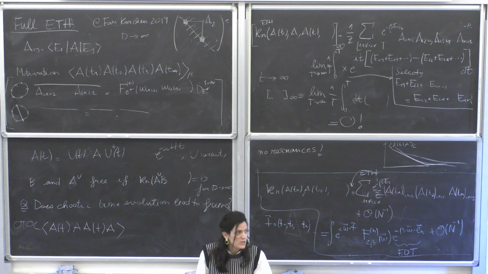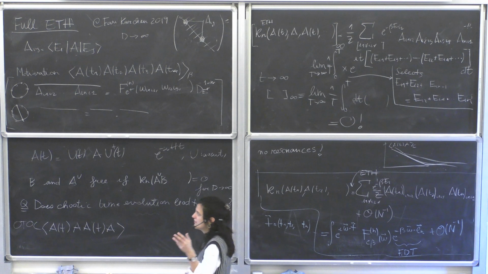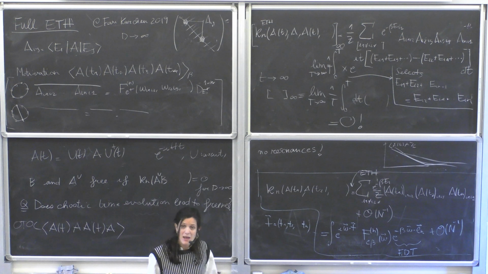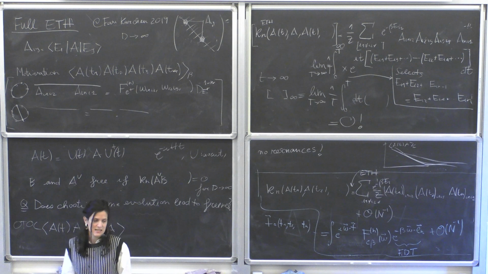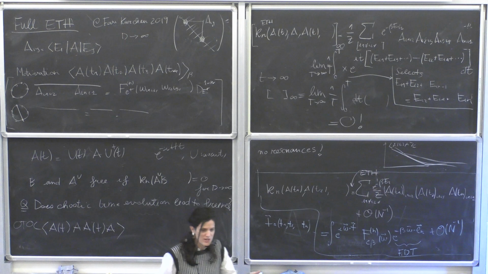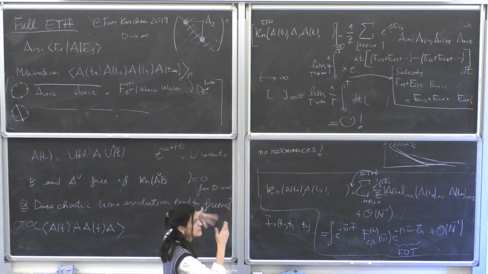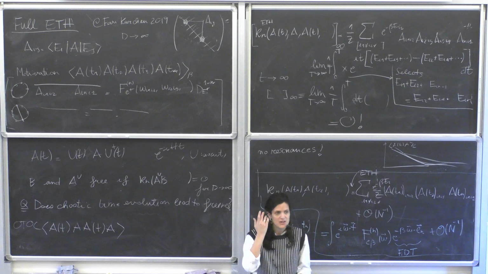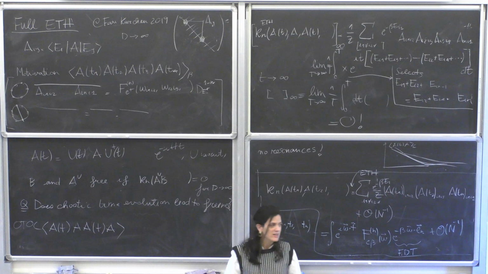So I think we should conclude because the time has come. But I just wanted to say, this is a very fresh field. ETH has been established for more than 20 years, and people were very happy with it by doing numerics. But understanding higher order correlations gave a new impulse to the field, and there is a lot to be understood. Simple questions are how this breaks if you do not have integrability, or how do you include locality, which is the other thing that you have been looking at on top of these pictures, and these are important and open questions, so they're good to keep in mind for a young